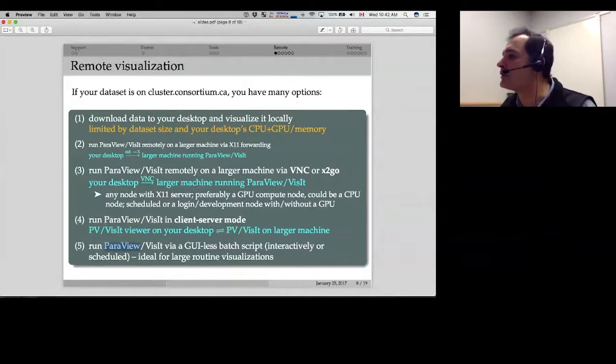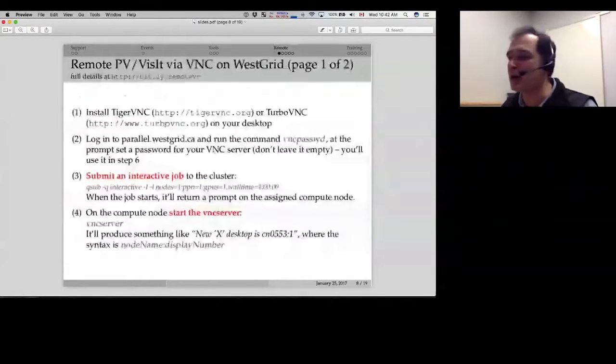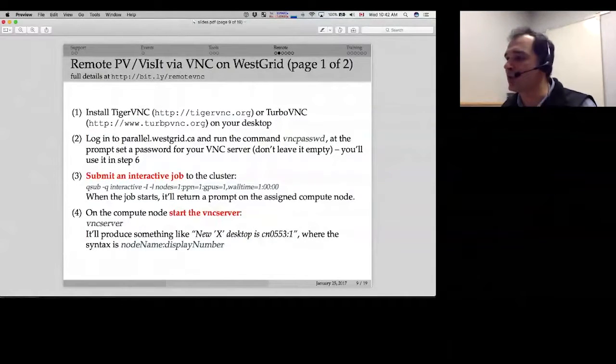So let's see, how am I doing with time? I was hoping to run an interactive demo of remote visualization, but I think I will not do it now because we have only 15 minutes left, and there's still quite a lot of material that I want to cover. So I'm going to skip these two slides. They show exactly what you should do, all the steps you need to take if you want to run either Triview or Visit on the